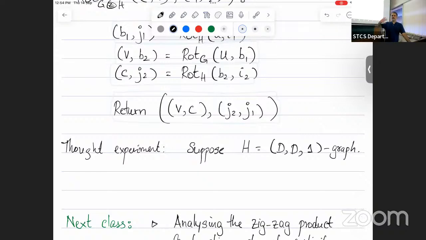So suppose the graph H was the best graph you could hope for. It's the complete graph with self loops. Basically the all ones matrix is the adjacency matrix. So the spectral gap is 1. It's the best thing you could hope for. Okay. You should just get a sense of